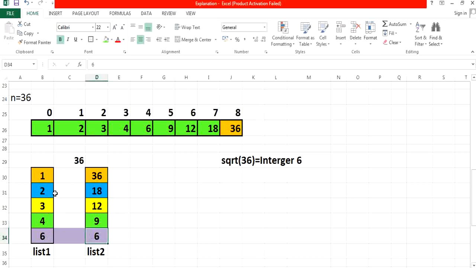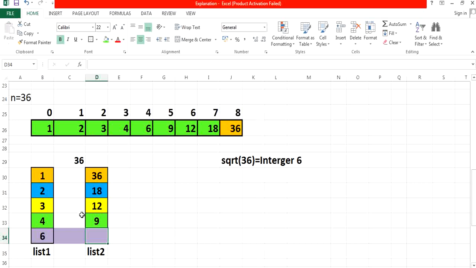So you can notice that your value is duplicated. 6 is occurring twice. In such cases, we are supposed to be concerned with perfect square numbers. If the particular number is a perfect square, of both the lists you should keep it in only a single list. Is that clear? This is the only concern we are supposed to look at while you are doing the square root function for a perfect square number.